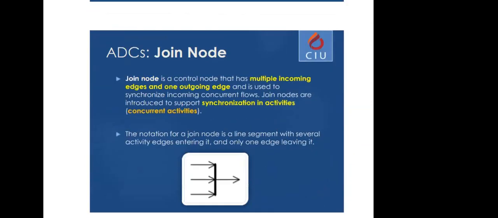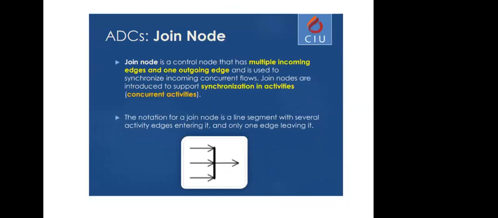The join, of course, is exactly the opposite of this. So this time, instead of generating multiple concurrent activities, those multiple concurrent activities come into one place and generate a single activity. One of the things that is often hidden or kept abstract is that all these synchronous activities must be completed in order to generate that single activity. That is, for example, a detail, an abstract representation that is hidden in the activity